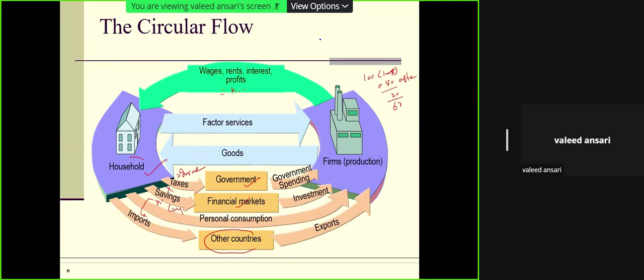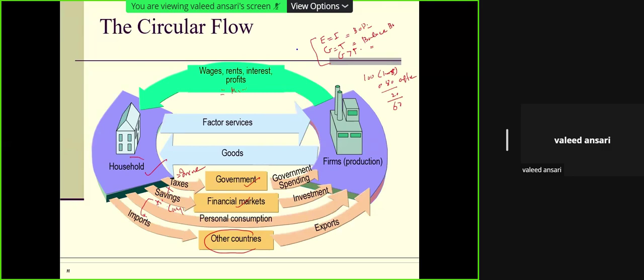For instance, in an economy where export is equal to import, there will be no balance of payments problem, especially in the current account. In an economy where the government expenditure is equal to tax, there will be a balanced budget, but that is not the case. Government's expenditure is more than the tax or revenue which it receives, therefore deficit finance. So the point here is that there are situations where the flows and counter flows may not balance, and that is why the economy may not function smoothly.